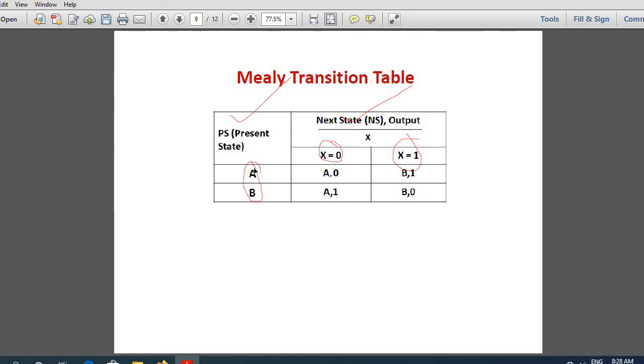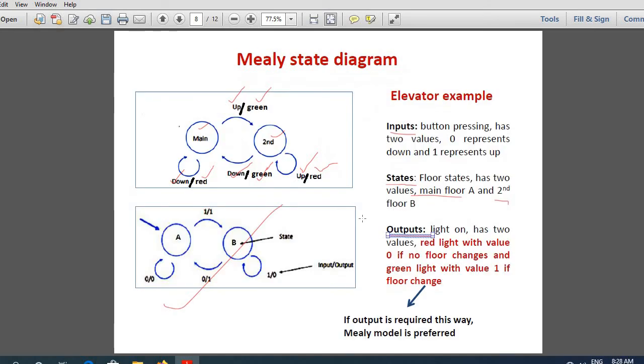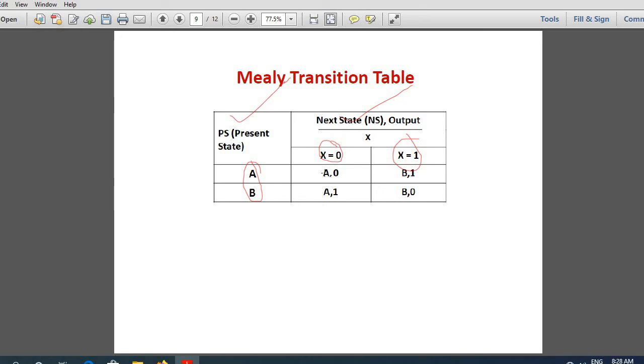Now, if my elevator is on the ground floor, and my button input is X, look here. Based on this diagram I'm going to write the table. I'm in state A. If my input is 0, where am I going to? State A itself with output 0. That is what is written here, state A with output 0.